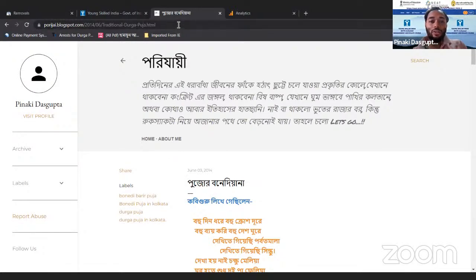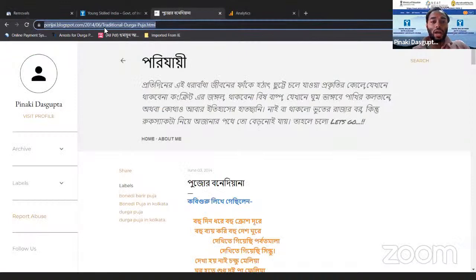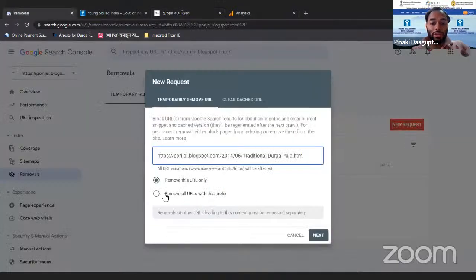So what I will do is select this URL and put it here. Remove this URL only, or remove all URLs with this prefix. What is the difference between the two? Remove this URL only means I'm asking to remove only this one. If I select the other option, it will remove the entire thing, because it removes all URLs with this prefix.